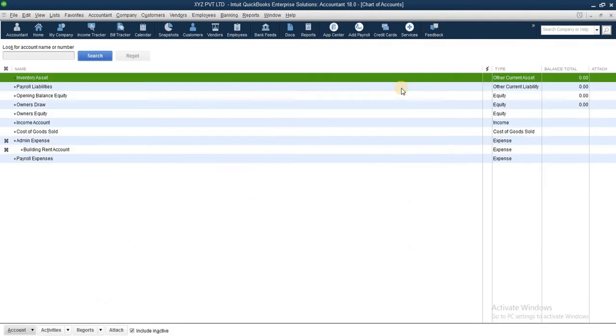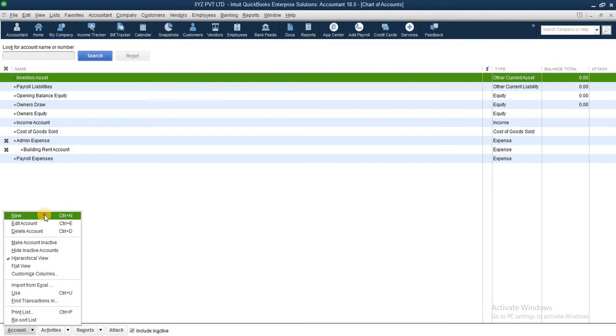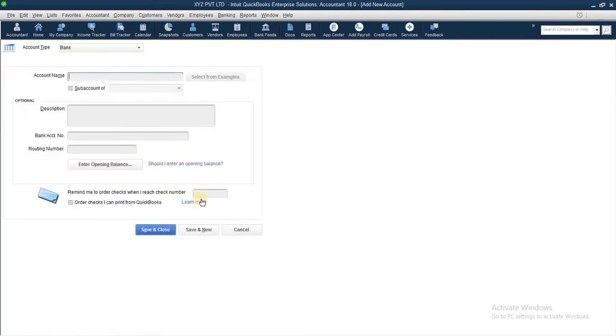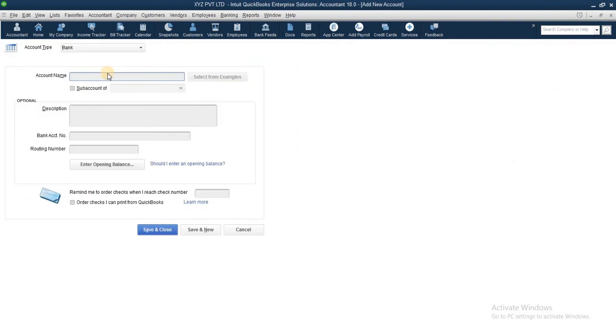First of all, you click Chart of Accounts, open new. From here, suppose petty cash, checking and saving accounts. So we'll open 3 accounts. This one is our petty cash. I will design this separately in this video. Petty cash,